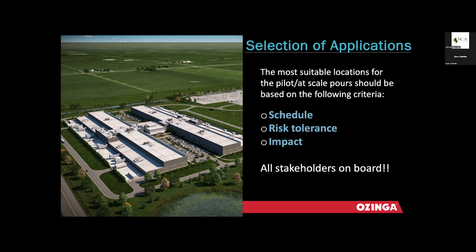How do we get the owner to understand what potential risks they are willing to take on, right? If maybe there was a slightly slower set and a small premium assigned to the schedule, or you had to add some accelerators or admixtures to make it work, are you okay with that? Understanding that if we did go to a higher replacement on an exterior pavement or even an interior slab, they couldn't saw cut in a timely fashion. If there is a small shrinkage crack, is that okay,